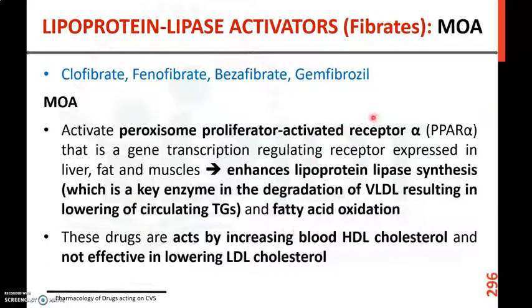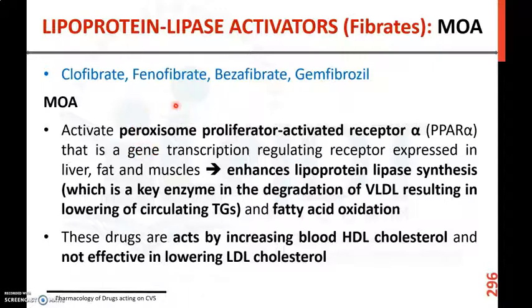Now coming to the next class of drugs, that is lipoprotein lipase activators or fibrates. The drugs include clofibrate, fenofibrate, bezafibrate and gemfibrozil. The mechanism of action: all these fibrates will activate peroxisome proliferator activated receptor alpha, or PPAR alpha, which is a gene transcription regulating receptor expressed in the liver and